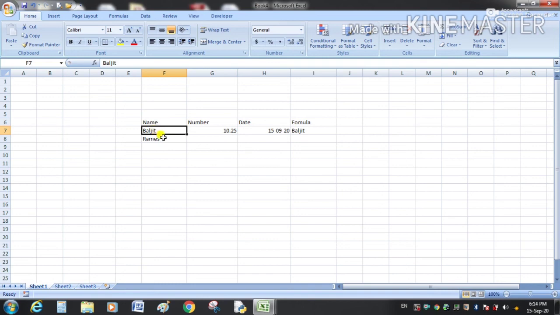And if I want to make partial changes in the cell, then select the cell, double click here, the cursor will appear, then write what you want to write. So we can either overwrite the data of the cell, or we can make a partial addition or partial modification in the data of the cell.